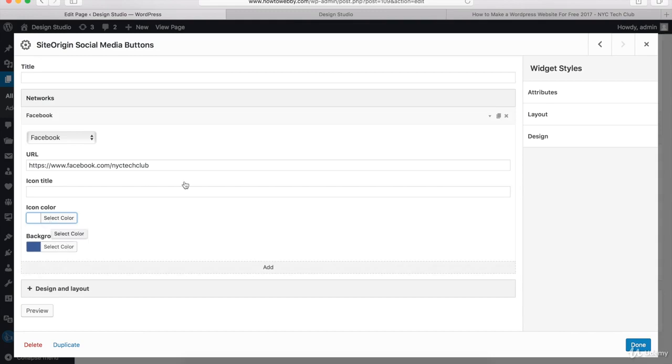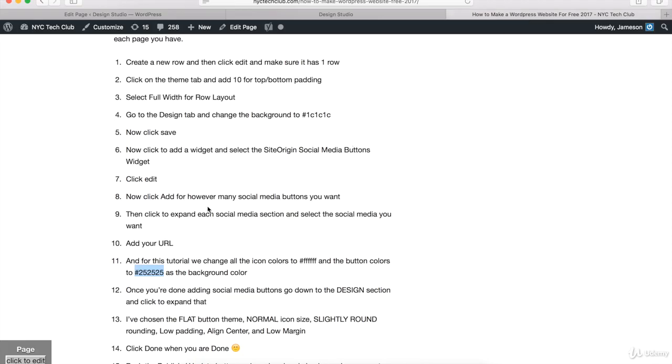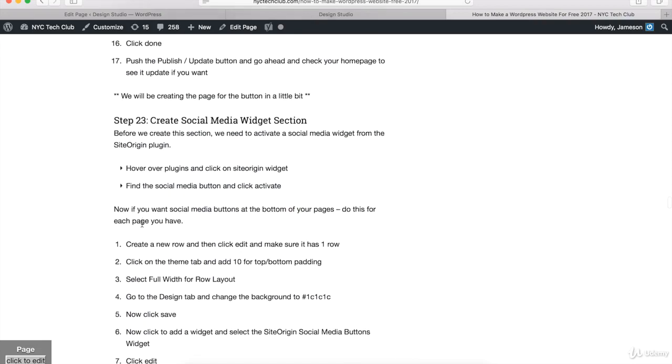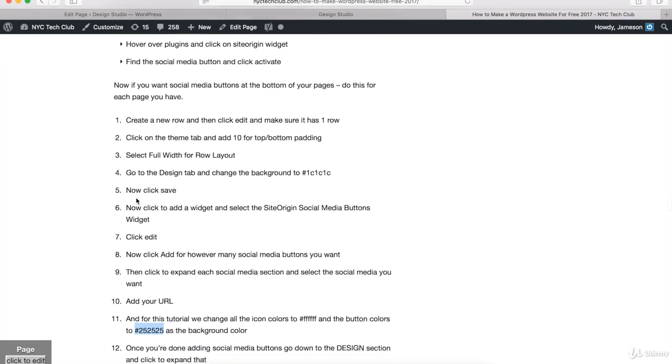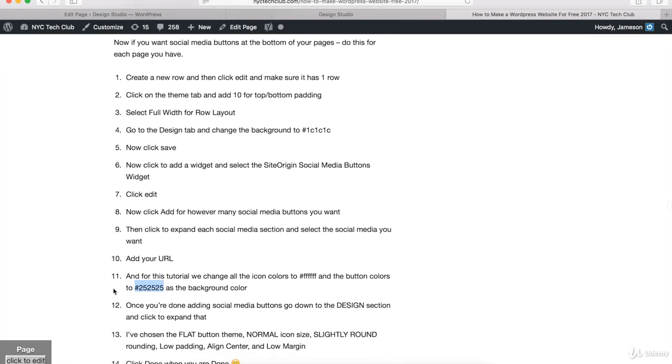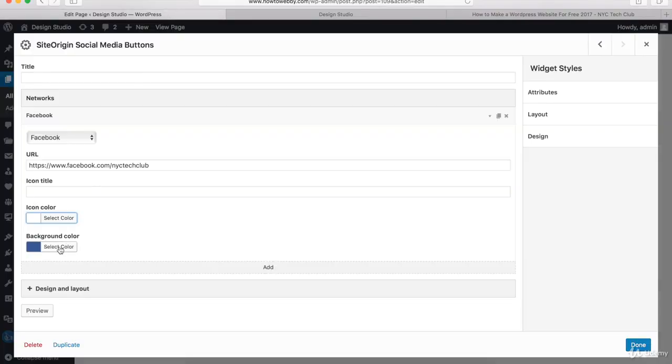So what I'm going to do is go to the text tutorial on how to make a WordPress website. And again, remember we're on step number 23 right here. And down here on step number 11 for this section is the color code that I want. So this is for the background color for the button. So it's 252525. So I'll just copy that and go back to the WordPress website and go in here and